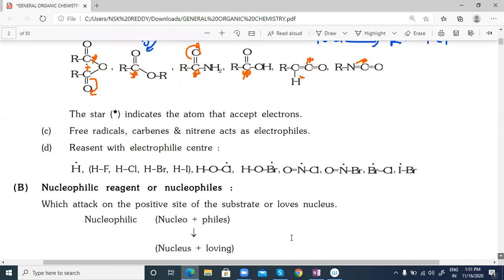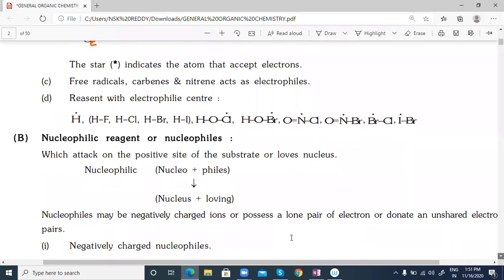Next you can check it here. Nucleophiles, even all these can act as electrophiles. You can find HOCl they have given here. HOCl after breaking, I can get HO minus plus Cl plus, which has positive character. That is the electrophile. That's the reason they are showing a dot on Cl. So the electrophile, Br plus, you will get.